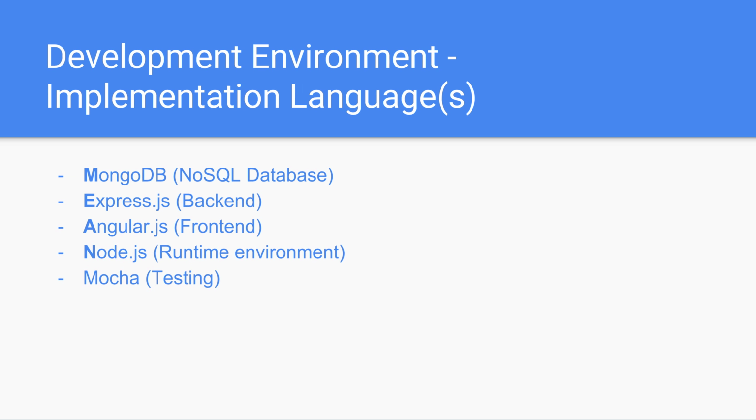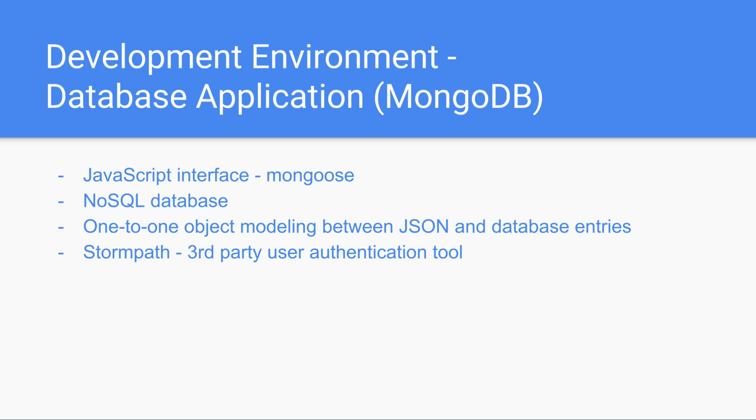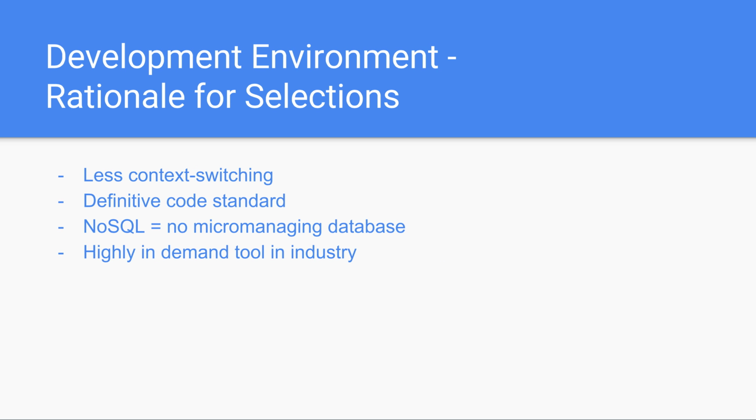on top of Node.js. Since MongoDB is a NoSQL database, it allows for easy scaling and development by giving developers more control for the data structures. The application will be communicating with the database through a JavaScript interface called Mongoose. This is incredibly useful for database communication as it allows one-to-one object modeling between JavaScript objects and database entries. On a related note, user authentication and management will be handled by Stormpath, a third-party software that provides an easy-to-use API. The MEAN stack was chosen for a couple reasons, mainly because some of the team members have prior experience